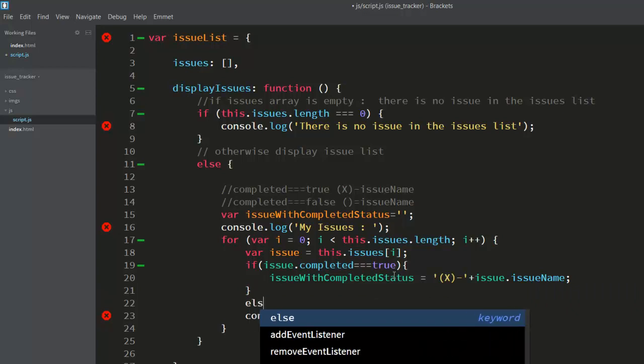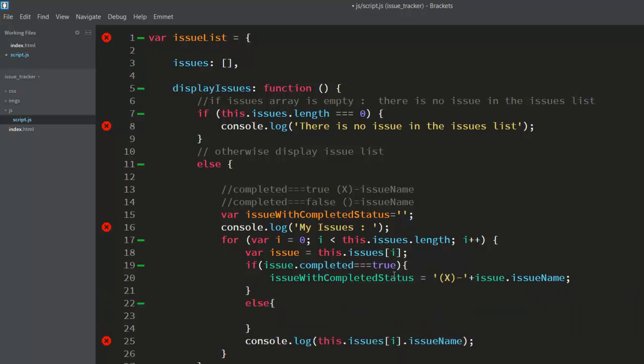Otherwise, what you will have to do, you will be putting this particular code over here, and removing this thing from here. So we can do one thing. Let us remove this. We will be simply displaying the issue dot issue name.